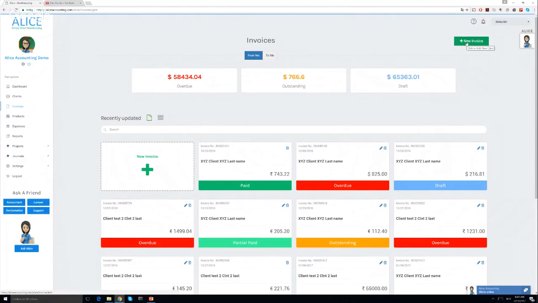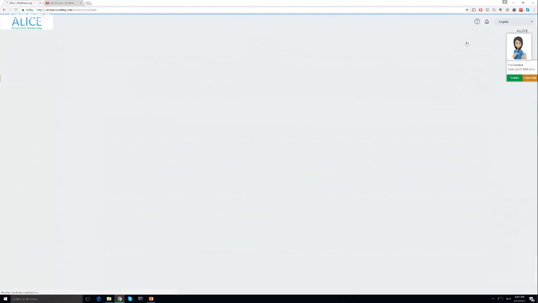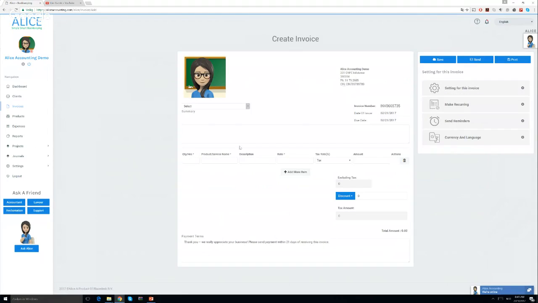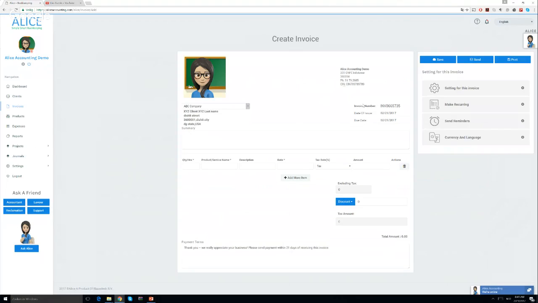So let's create a new invoice, because we want to get paid for services we delivered. What we did, we can first select a client. Who are we going to send an invoice to? Let's send it today to ABC Company. On the right side, it automatically created a follow-up invoice number, the date of issue, and the due date, which we can also just change by clicking it. Let's for now give them 7 days to pay our invoice. We can give a small summary